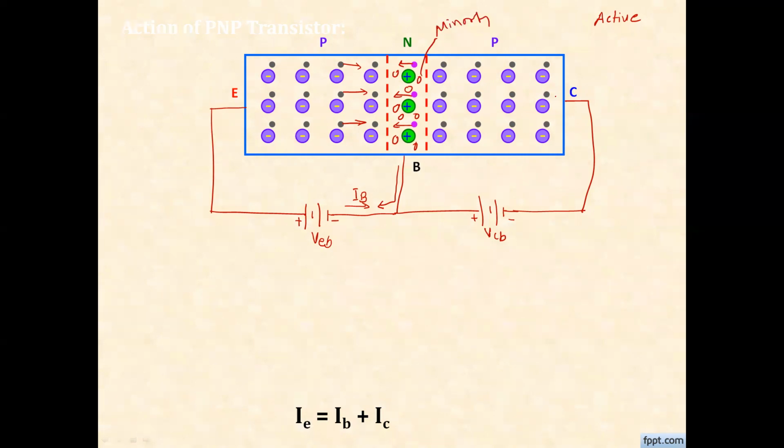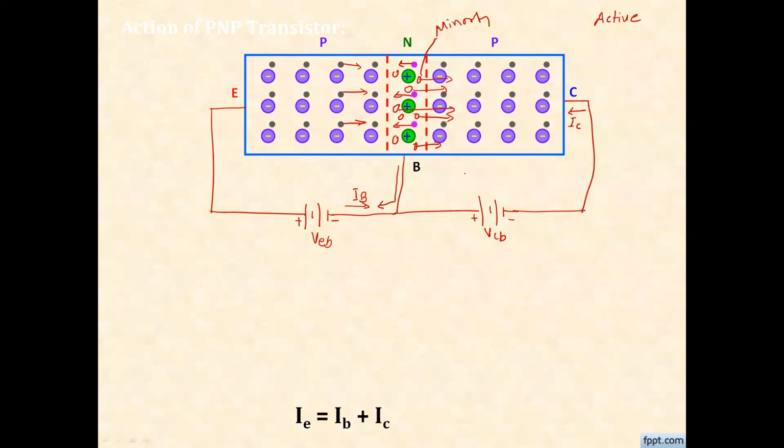And as you know, the collector to base junction is connected in reverse bias. In reverse bias, current will flow due to the minority carriers. So the holes will be transferred towards the collector region, and all these holes that come into the collector region are attracted towards the negative terminal of the battery. So this is the direction of movement of a hole, so the direction of flow of current is in this way here.